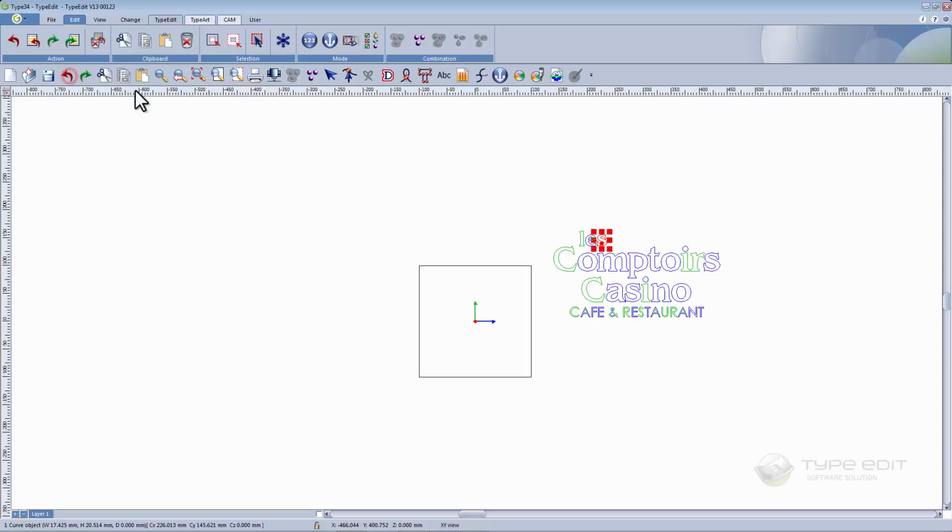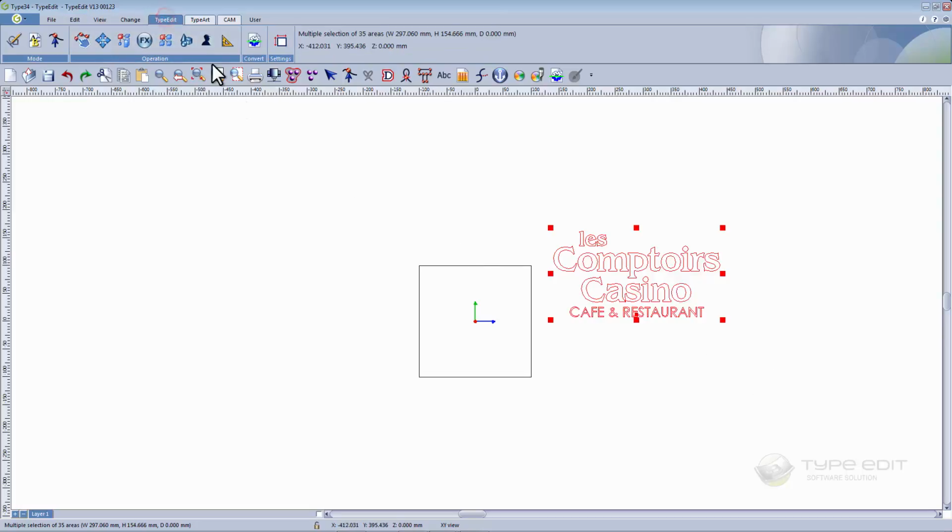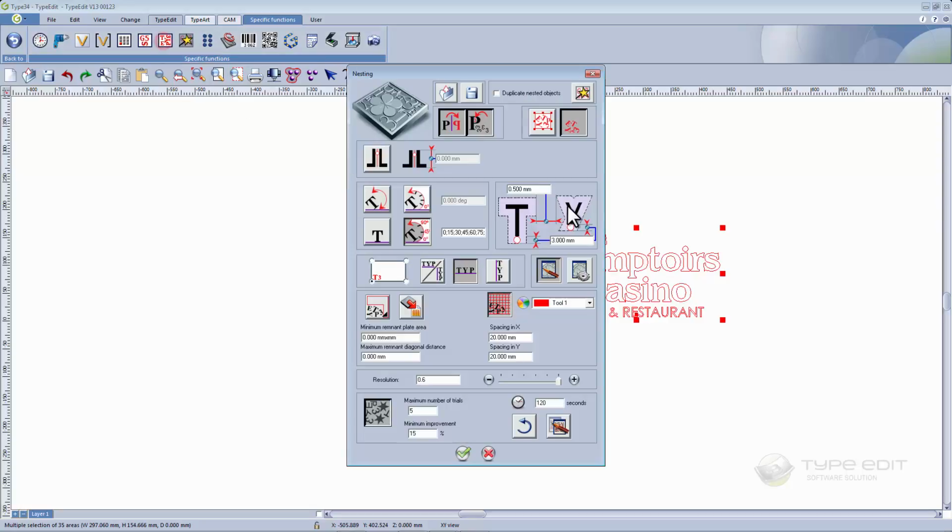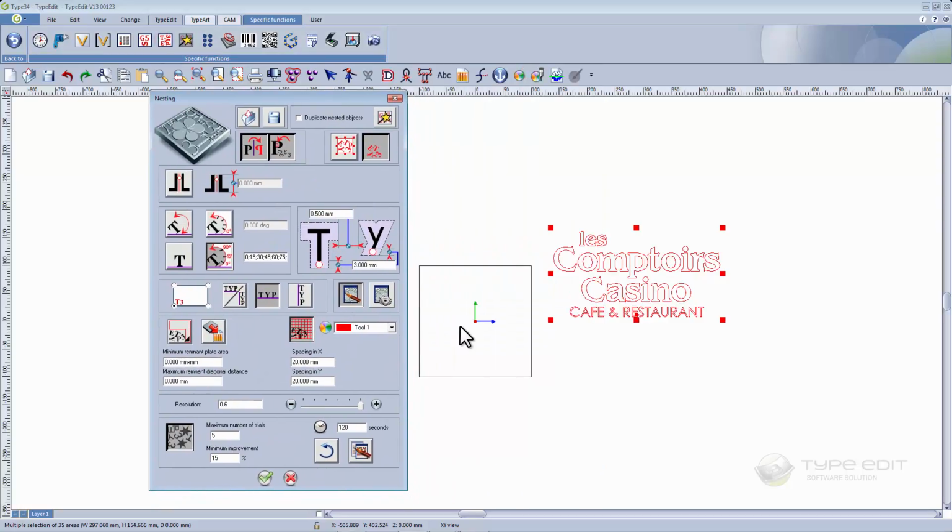So to run the nesting, I will select all of the contours, go on this toolbar, and then I have this. I can select to nest on the material. As the material has no typical recto verso faces, I can make a mirror. I can also nest on a small hole. I will be able to rotate all the contours like this, and also I will use this function to add